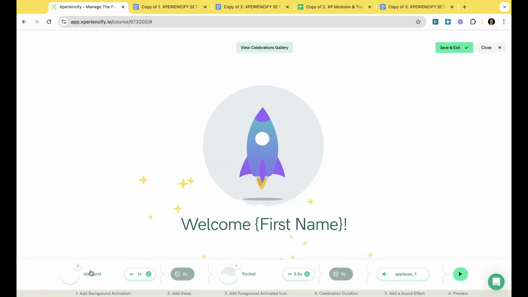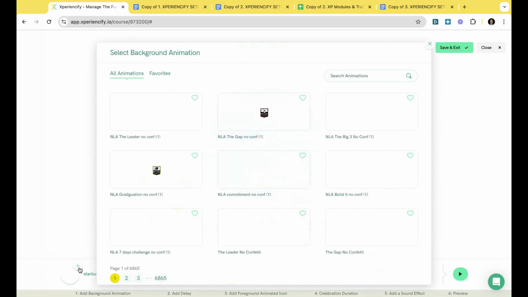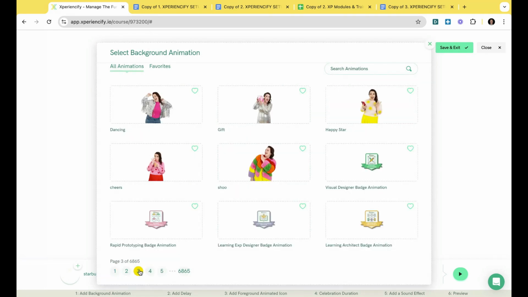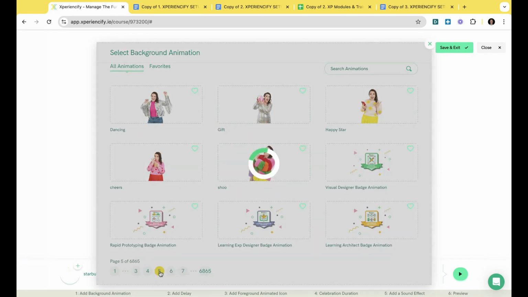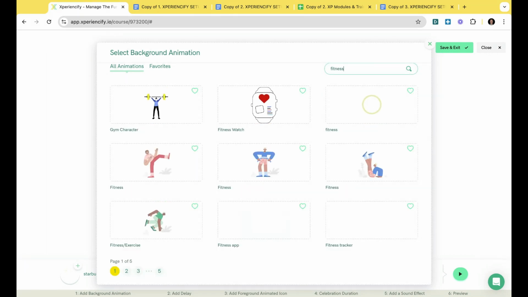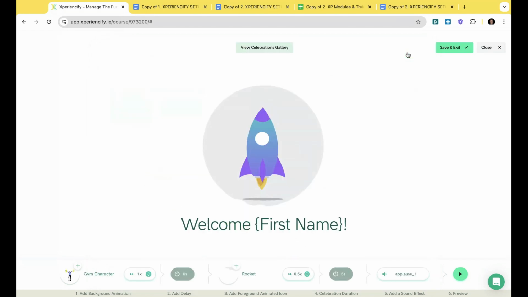This is where we can choose any number of animations that we have in here. I wonder if fitness, let's see what good ones we have for fitness. Look at that, we can put this gym character in there.